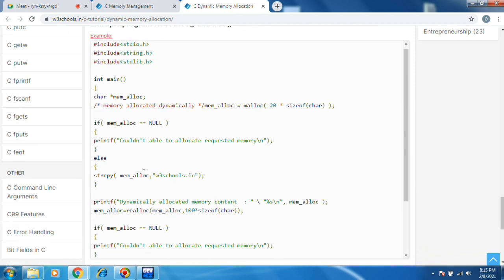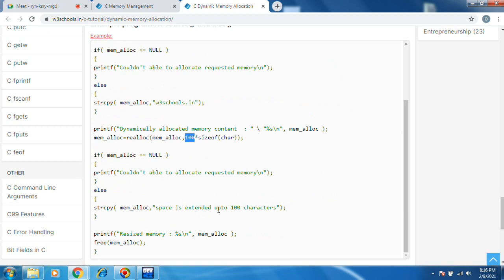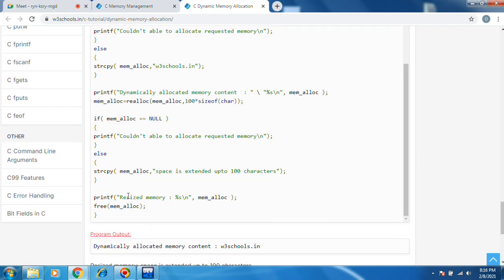Malloc already allocated 20 bytes, and I have added some data in that, and then I am reallocating the same variable to 100 bytes instead of 20. Then I am giving much more data, more than 20 bytes. It will print the resized memory.